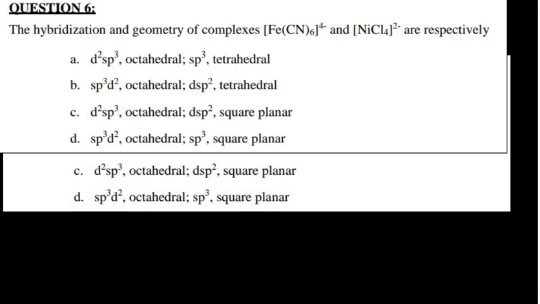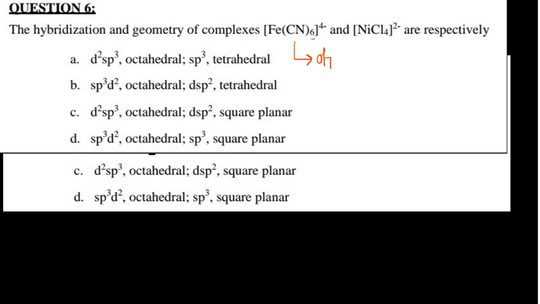So for this, guys, you can see here the coordination number is 6. 6 cyanides are there. So it would have the octahedral geometry. So check the options where the first complex has the octahedral geometry. So this complex has octahedral geometry. Okay, in all the cases, first it has the octahedral geometry, right? So you have to look whether it is d2sp3 hybridization or sp3d2 hybridization. Okay, so what is the meaning of that?